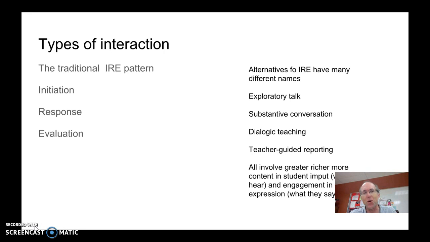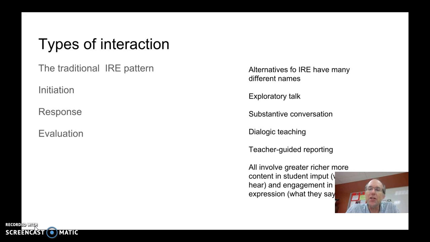I would ask the students, okay, what do you have for this question? They respond, and I tell them right or wrong, and it's just such an easy, natural pattern to go into. But it's not necessarily the best, unfortunately. The easiest is never the best, apparently. And so we need to have better conversations with